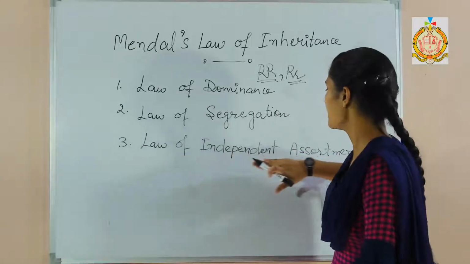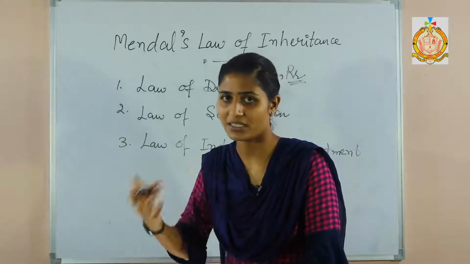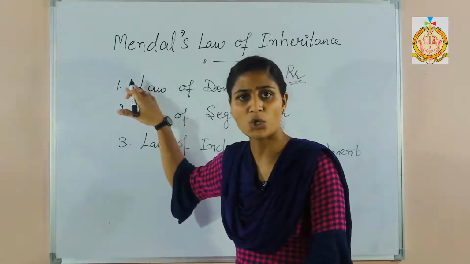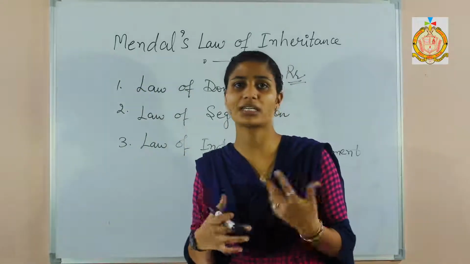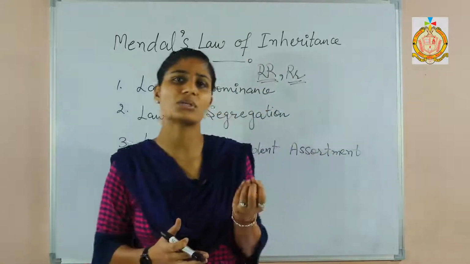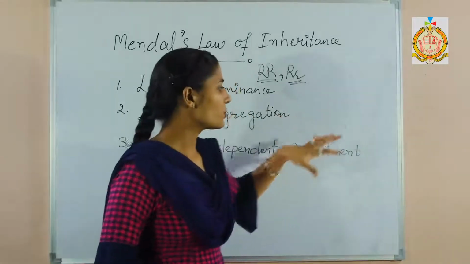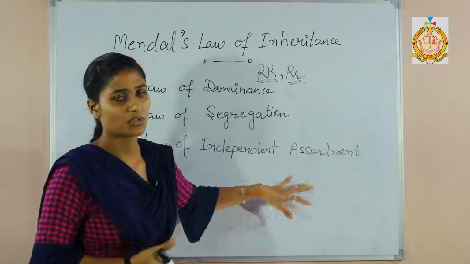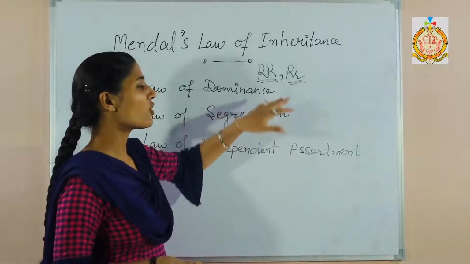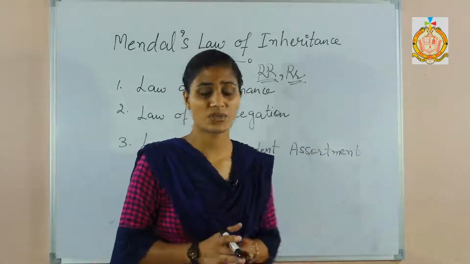Third is the law of independent assortment. The law of independent assortment tells us that they show their independent character. There shouldn't be any kind of interference in their character. If they have dominant alleles, definitely they will show their character, and if they have recessive alleles, then also they will show their character accordingly. That means a character will not be expressed in the others. So they show their character according to the type of genes. That is independent assortment. Here is the segregation, the law of purity too, and this is the law of dominance. So these 3 laws Mendel gave after his experiments on the pea.